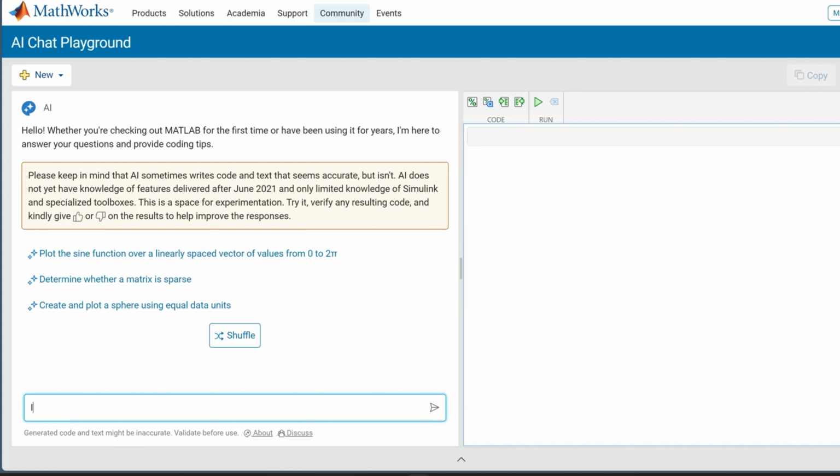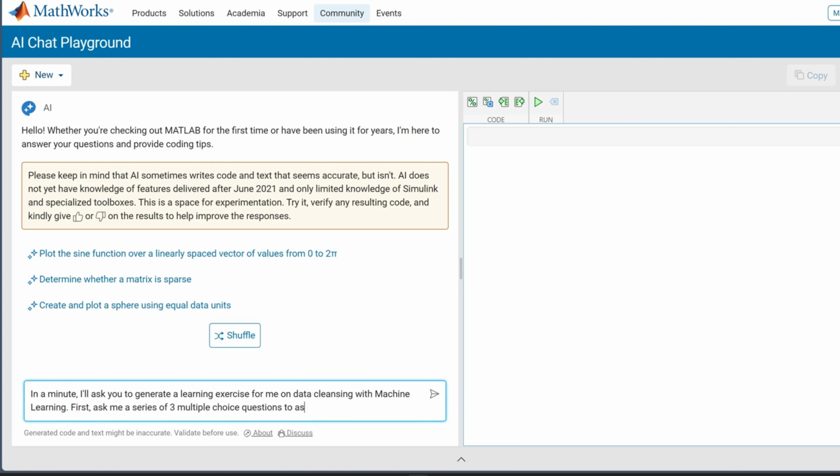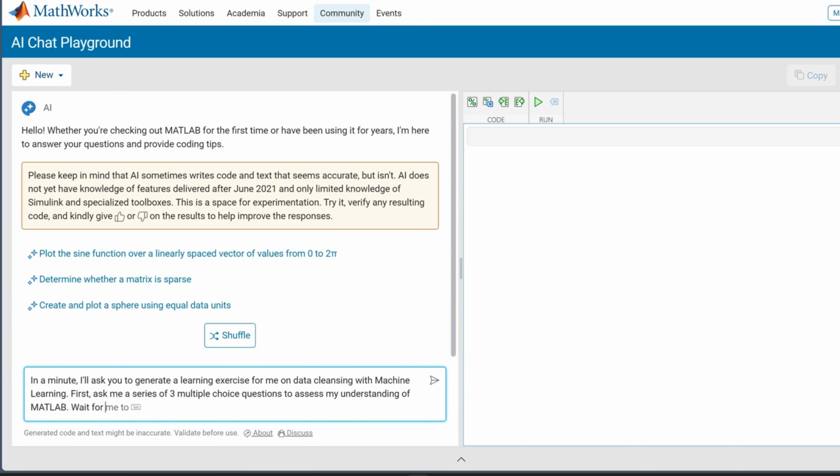Okay, I want to show an example. This is MathWorks. They have an underlying GPT-4 or 3.5 Turbo. In a minute, I said I'll ask you to generate a learning exercise for me on data cleansing with machine learning. First, ask me a series of 3 multiple choice questions to assess my understanding of MATLAB.